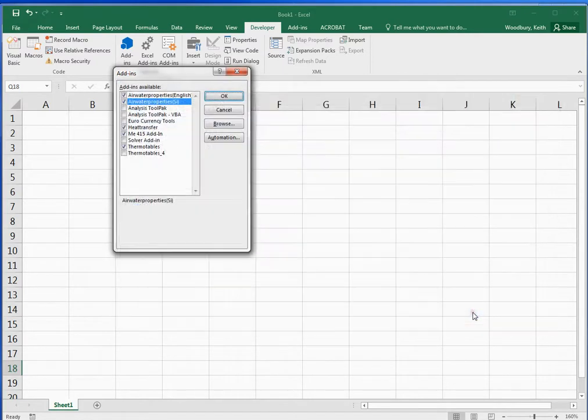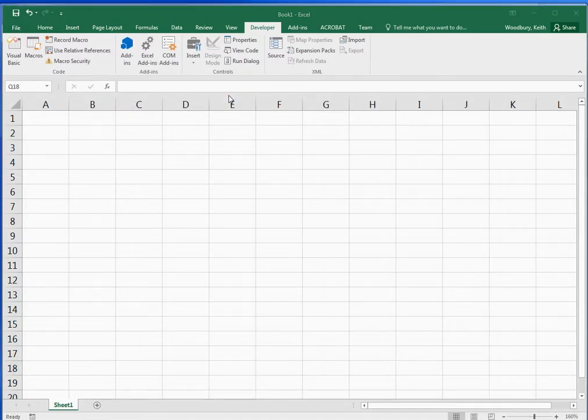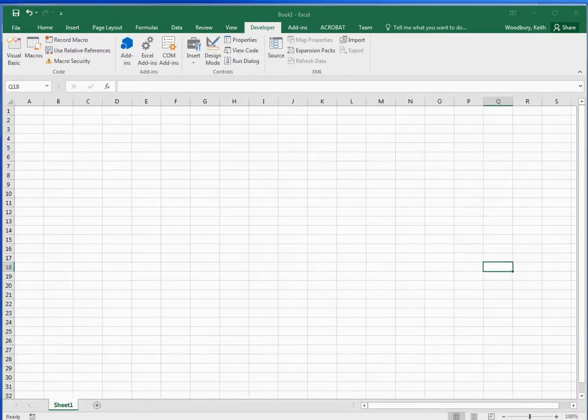Okay, so we've now browsed and found the air water properties in English, the heat transfer add-in, and the ME415 add-in. So they're all there now. We click OK, and a little bit of magic should happen. What you will probably see